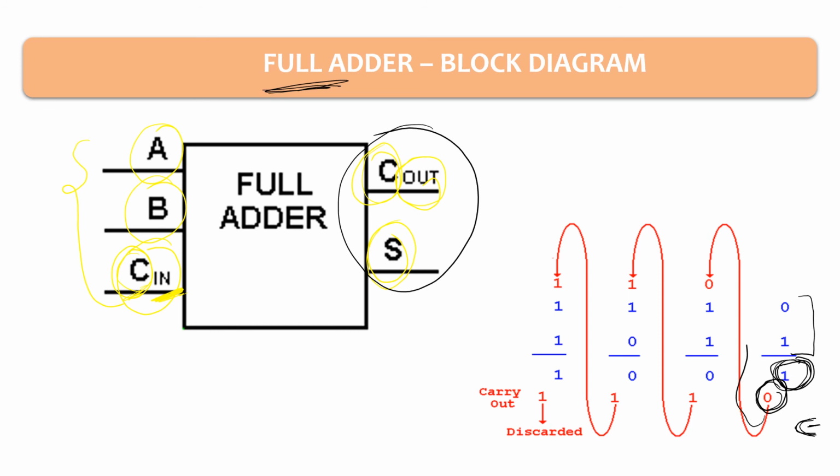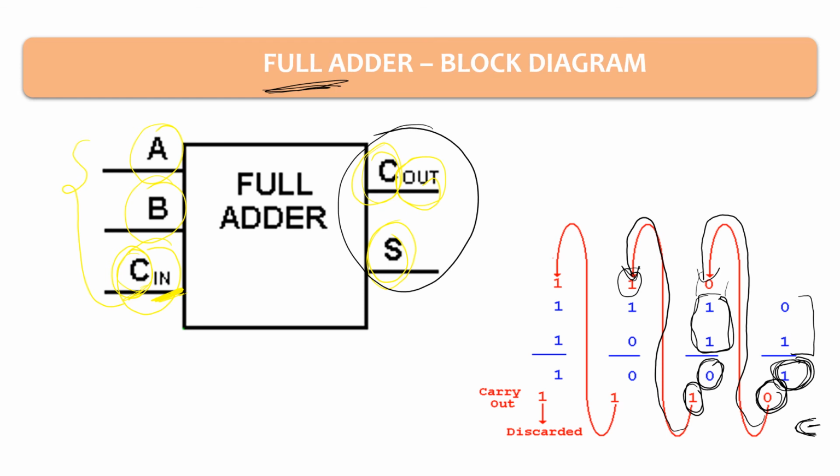This carry will be the input for my next cycle. So in my next cycle I have 1 plus 1. Now I need to add this 0 as well, but if I add the 0, there will be no difference in my answer, right? So I'll focus only on 1 plus 1. So 1 plus 1, remember the answer: when we calculate 1 plus 1, I get 0 as my sum and 1 as my carry. So I got the answer 1 0, and this 1 will be the input for my next operation.